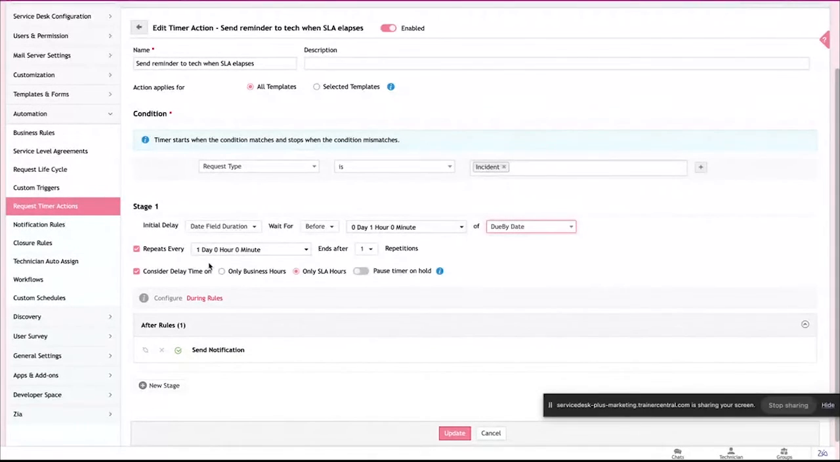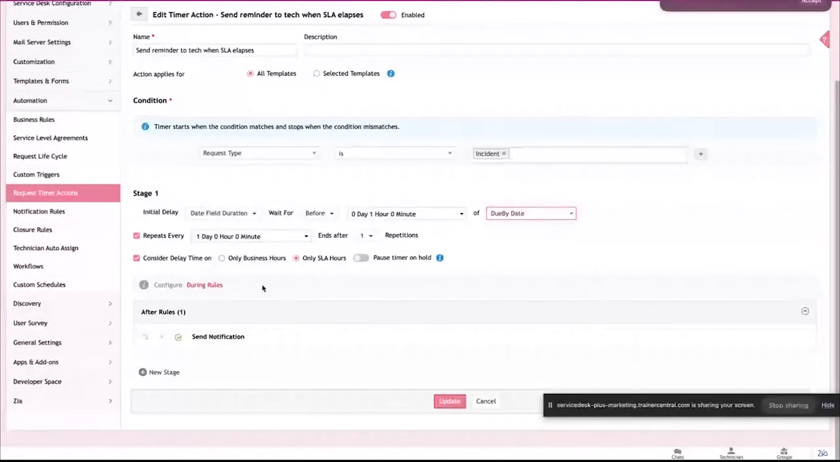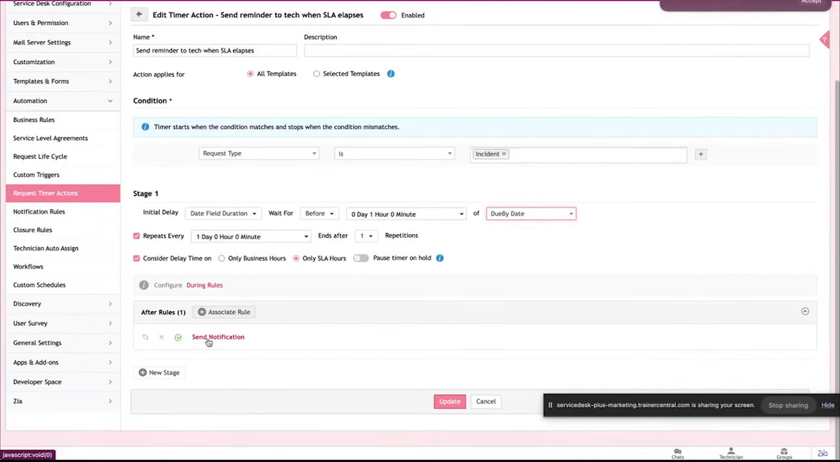We have the repeat cycle, which can send repeated reminders if there is no response from the technician. And also, you can consider the delay time to work only in business hours or only in SLA hours, and also pause timer on hold. Yep. And then you have the during rules and after rules, proactive and reactive approach, where you could send out